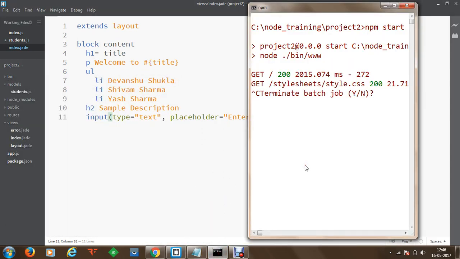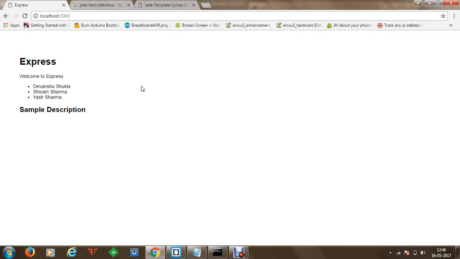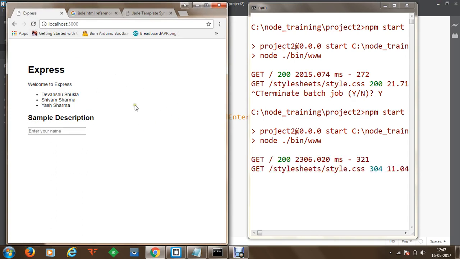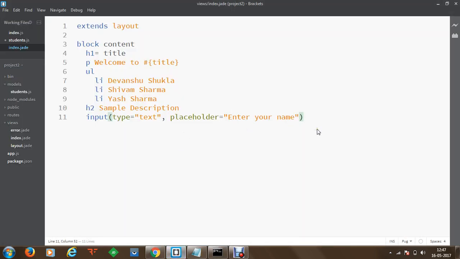So now we have terminated the project and started it again, and now we are going to go to Express and see how input tags can be displayed over your Jade layout. Once the project is running, we can minimize the code here and refresh, and once we refresh, you can see that we have got the name tag available here. In the same way you can create lists, you can create heading tags, you can take in information from these controls. What next you can do is create input button controls as well.